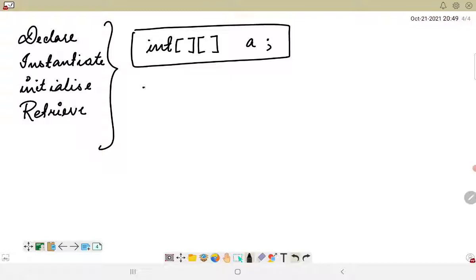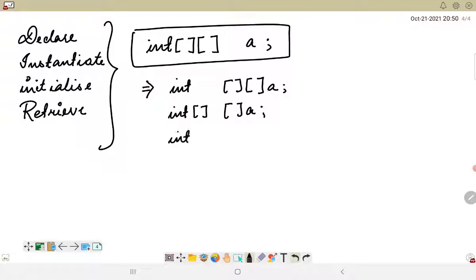Likewise, other forms of declaration of a 2D array are also available, and we will also discuss this. So int, using two square brackets followed by the array reference variable. This is also a valid representation. Again int followed by this, so this is also a valid representation. The third type of representation is this, which is also valid, and the fourth type is this.